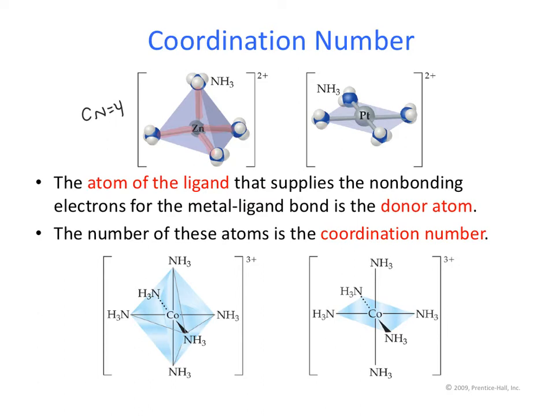In this next example, I also see 4 bonds between the ligand and the metal center, which gives me a coordination number of 4. We can go from the coordination number to the shape. I can see this coordination number 4, I have a tetrahedral structure, whereas this I have a coordination number of 4 and a square planar